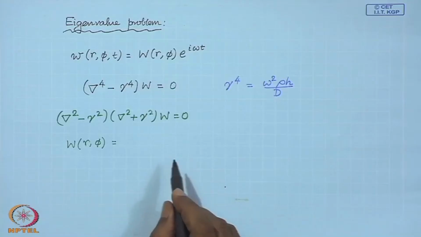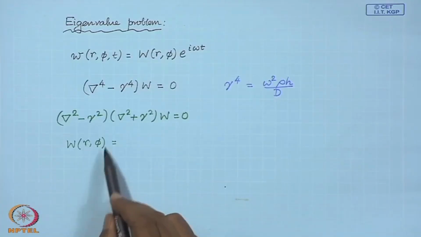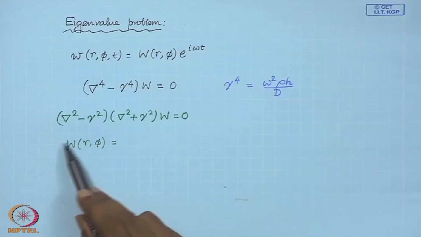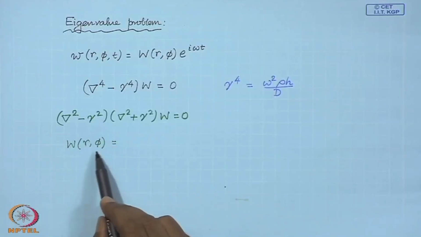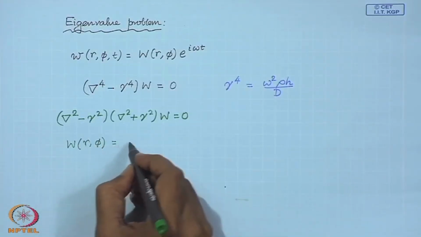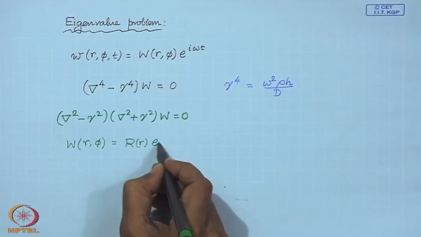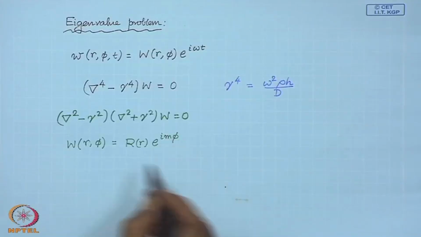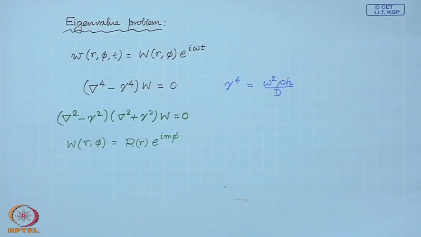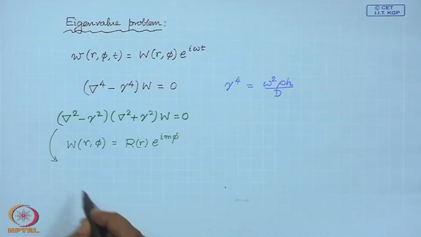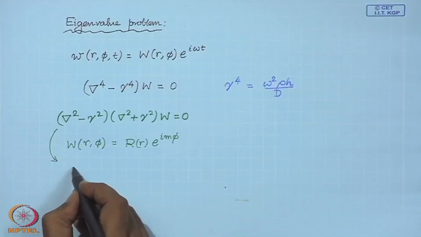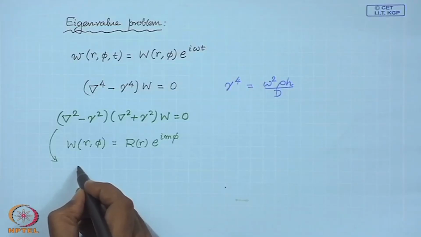Because for a complete circular plate, this function must be periodic in phi, we already know that this must have a structure like this. If you substitute this solution form in this equation, then we can write